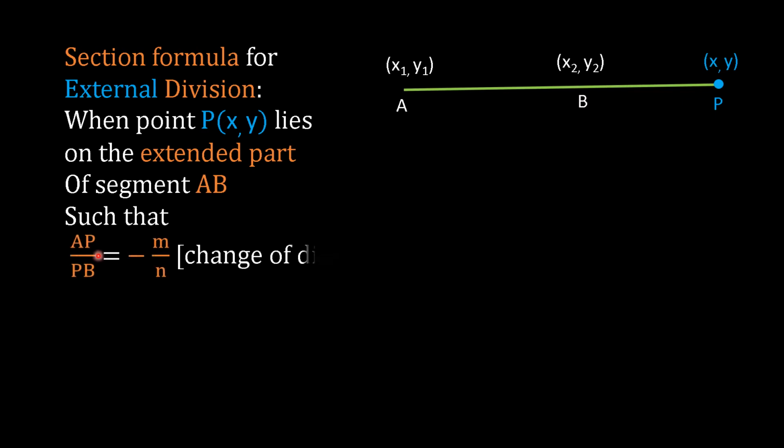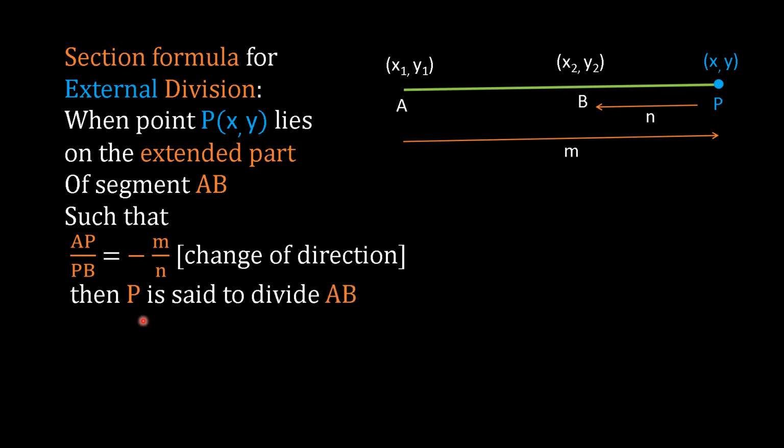such that AP upon PB, AP, which is M, upon PB, which is N. Here also, please note the change in directions. Therefore, a minus sign is introduced here. Then P is said to divide line segment AB in the ratio m:n externally,